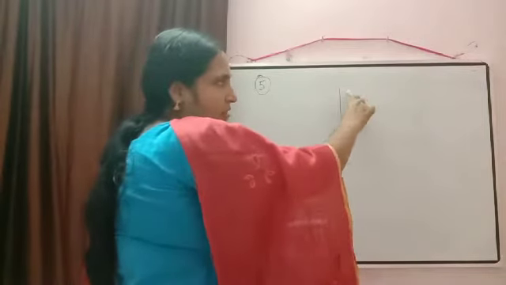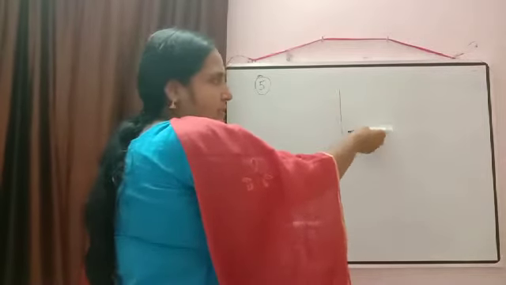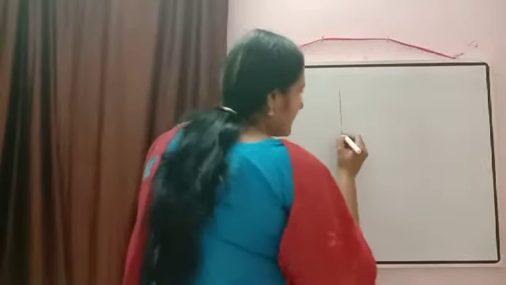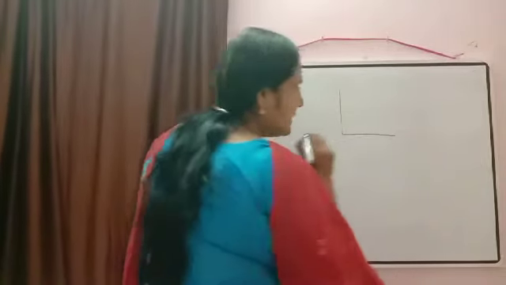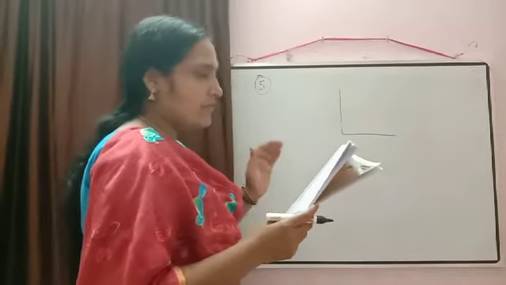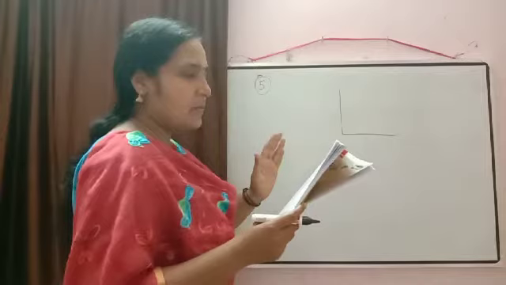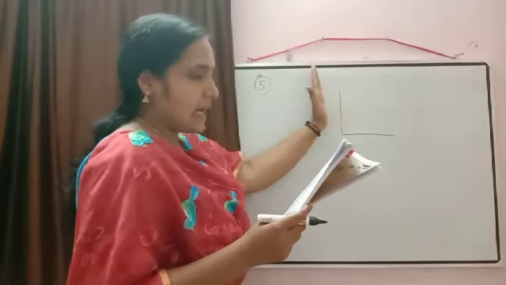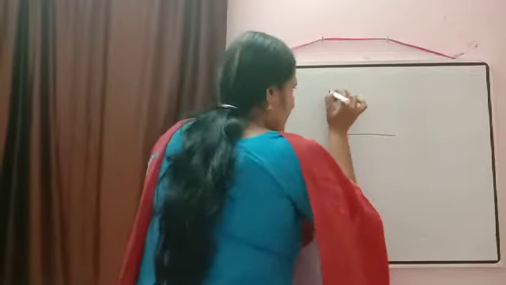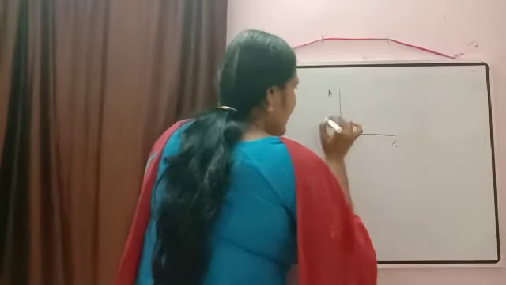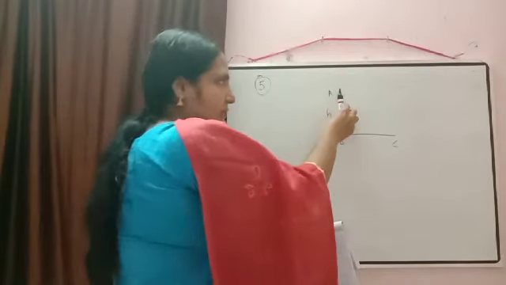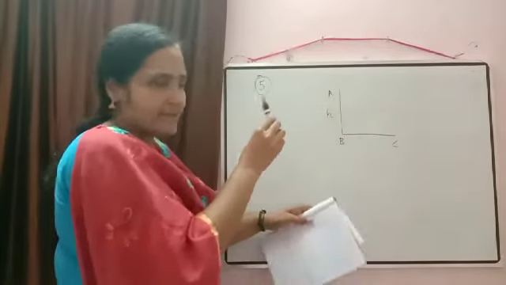It will not come in this way. So either the shadow will be on this side of the ground or on this side of the ground. Suppose we are taking the shadow on this side. Now what is given? The length of the shadow of a tower on the plain ground is root 3 times the height of the tower. So suppose the height of the tower we have taken as h.